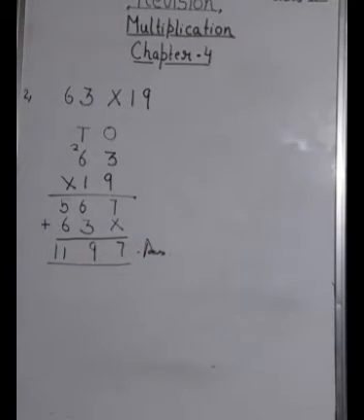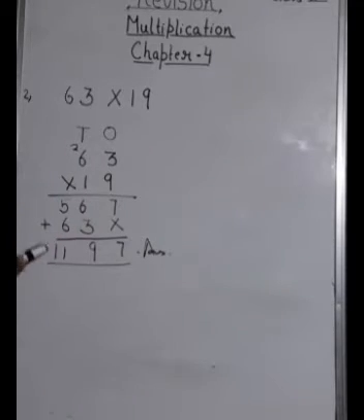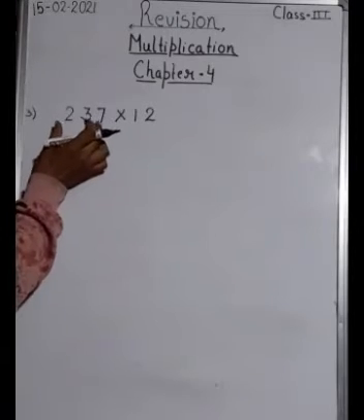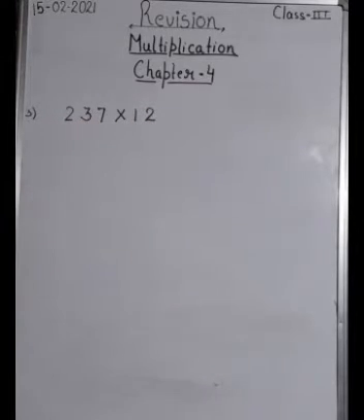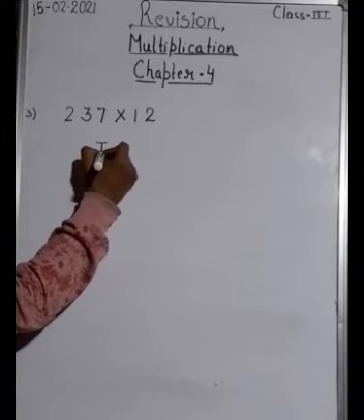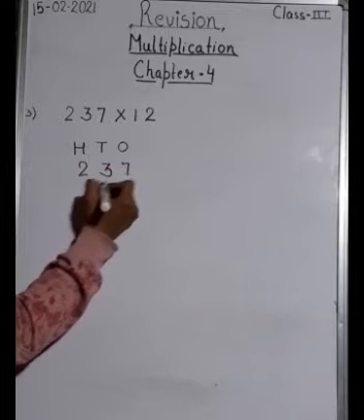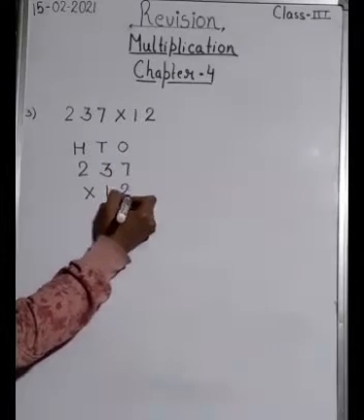Now students, in your exam, if you get a question based on multiplication, you have to follow the same process as I have done. If you are just writing the answer, I will not be giving you marks. First you have to arrange them in columns and then you have to show the proper solution of it. Next, we will multiply a 3-digit number with a 2-digit number. First you will arrange them in columns, ones, tens, hundreds. I have arranged them in columns, and then you will write multiplied by 12.